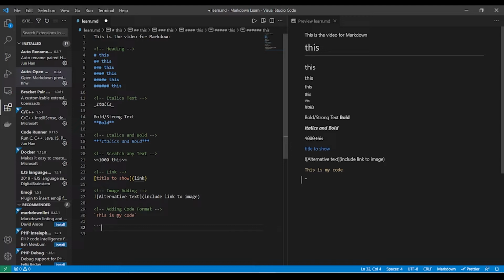We usually use three backticks, and under that we write all the code. Note that it's required to write the coding language here. For example, if I'm writing in JavaScript format, I will write JavaScript.